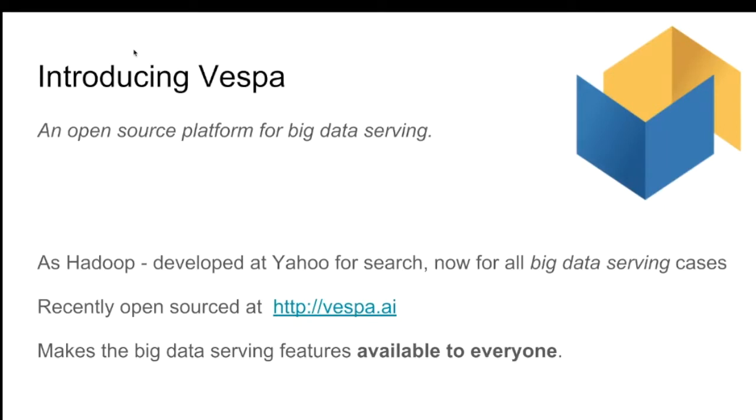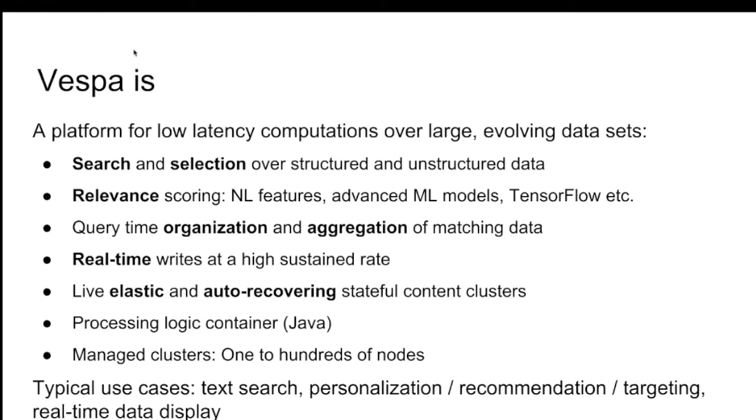Because in applications like search and web search, you can't pre-compute an answer to every given query, right? There's just too many queries, so you need to do it in real time. And this second problem is what we developed Vespa to do. It was actually started a bit before we started Hadoop, but we haven't been able to open source it until recently because of the complex IP rights around search. But we're finally able to do it late last year, so now it's available to everyone.